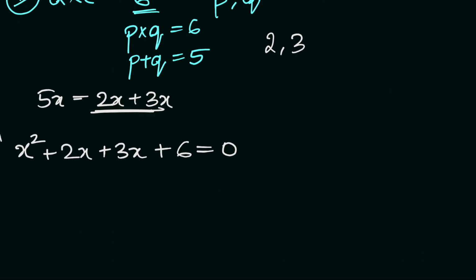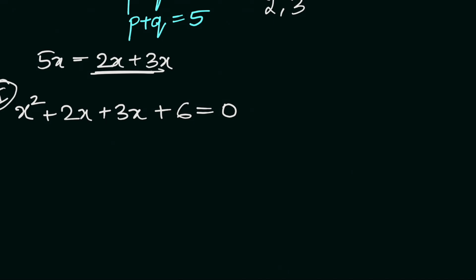Now our second step would be to take things common. We know for now we have 4 elements in this equation. We want to make them into groups of 2. That is, we take something out common so that we have something in the bracket. So here I know that the only thing common between these two elements is x. So I take x common. I'm left with x plus 2.